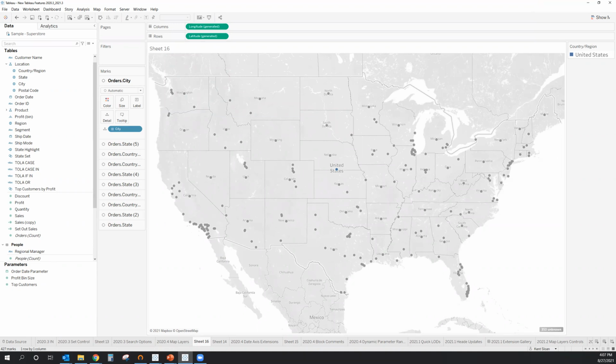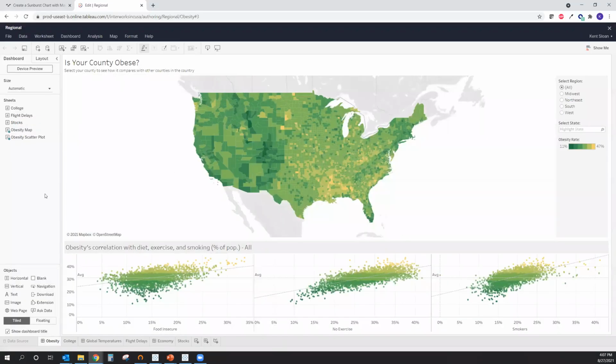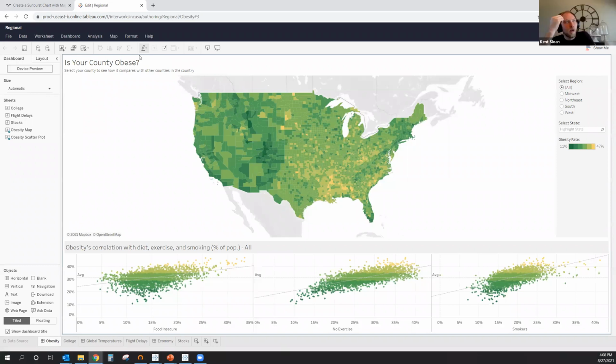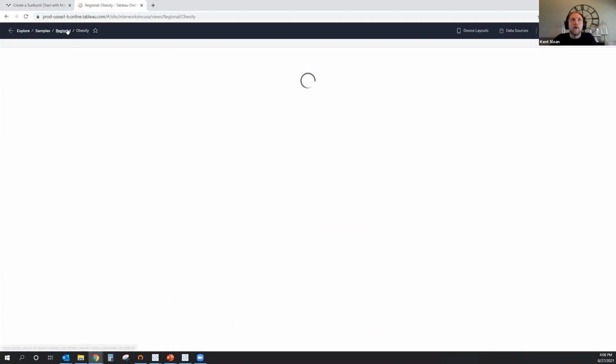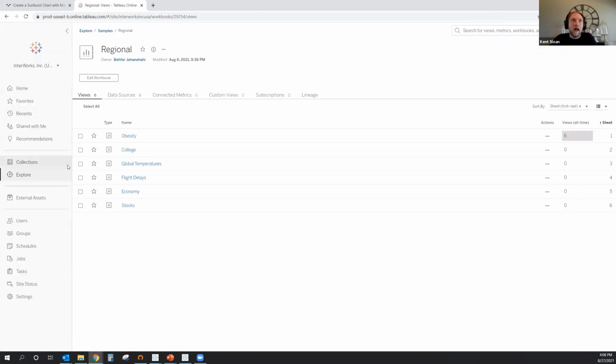Hey Kent, I have a question. Can you hear me? Yeah. Can you show me how you see the as data? I was trying to see it on my server, but I don't see the option. Maybe the server is not upgraded to 2021. It's not that recent, it's been around for a few versions, it launched in 2020.1. It is a feature that is controlled by your server admin, so the first piece is that it may be disabled on your server.